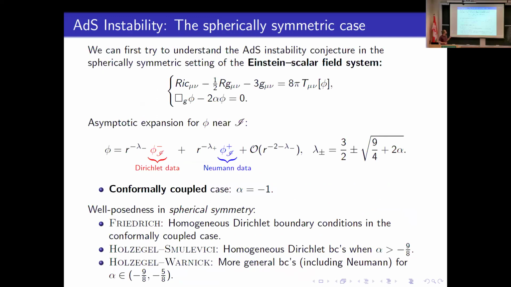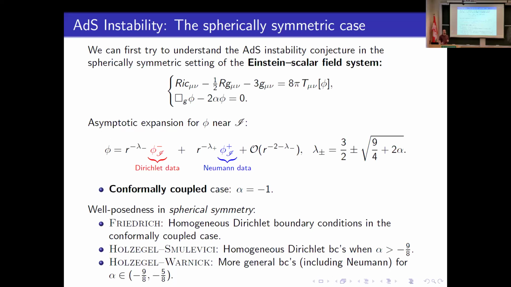Okay, let me set up a little bit of the notation because I'm going to use all this notation when actually talking about the Schwarzschild-AdS problem. So the conjecture was put forward by Michalis and Gustav, but of course, attacking that conjecture directly for the vacuum Einstein equations is expected to be a very complicated problem. This is because if we want to construct, let's say, initial data which lead to such behavior, the easiest